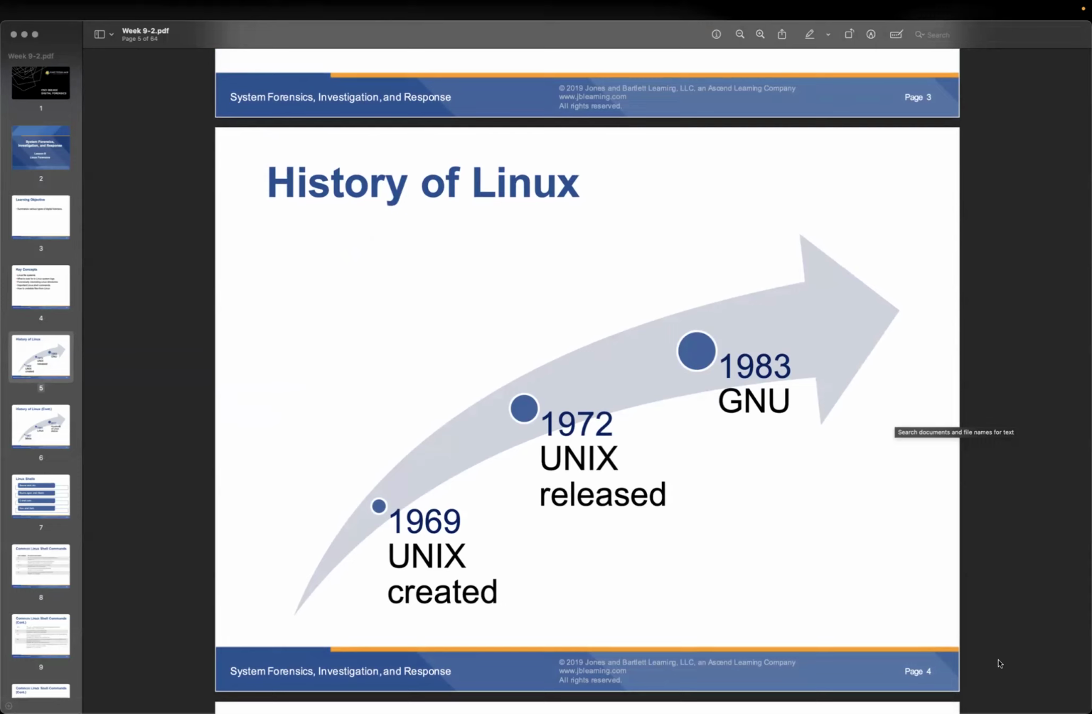In the beginning, in 1969, a long time ago, we had Unix. They created it for internal purposes. If you study computer science, you know the history of computers, and mainly it was used by the military and in laboratories. Later they released it to the public, and later commercially. In 1972 they released Unix, and then later on